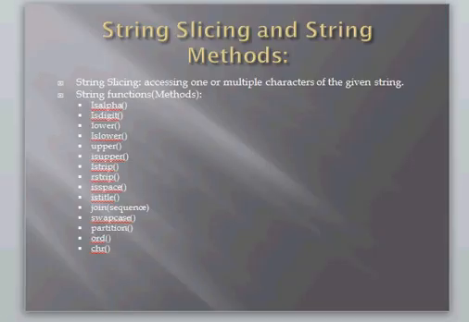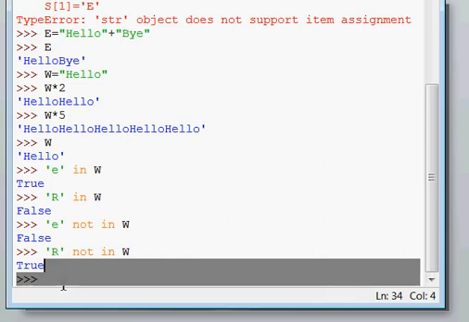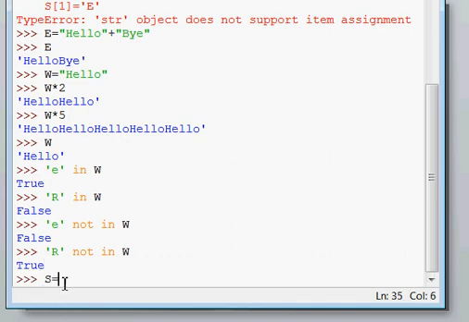Our next topic is string slicing and string methods. String slicing means accessing one or multiple characters present in the given string. For string slicing, I am taking one example of a string with s equals hello everyone.